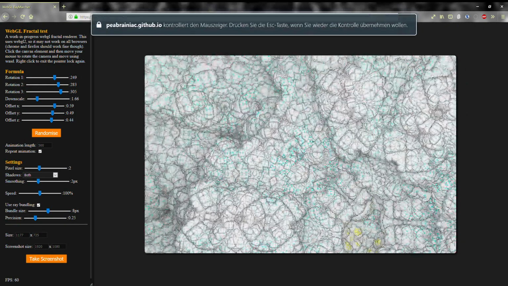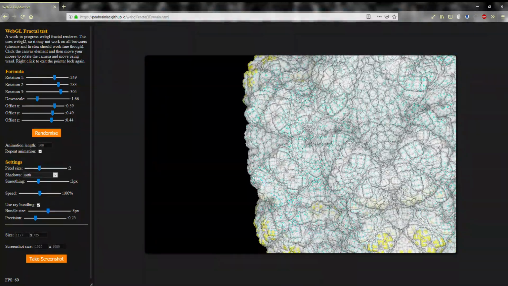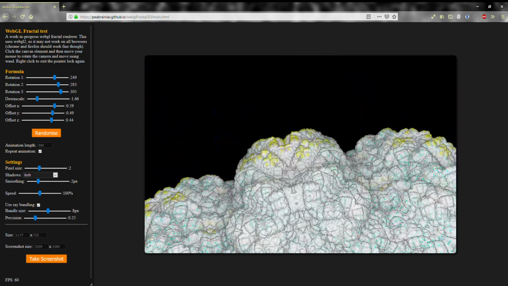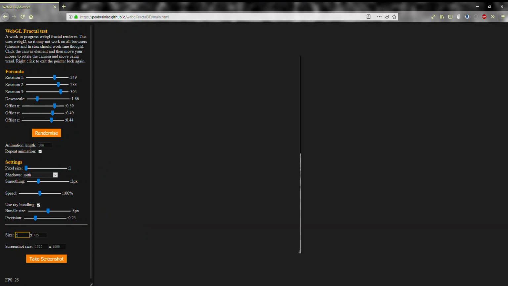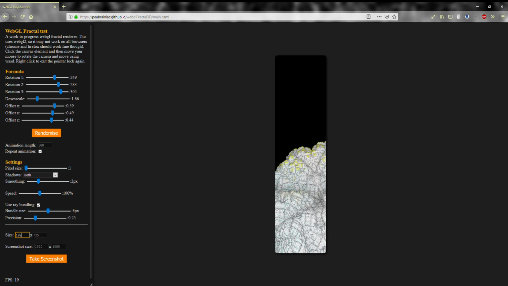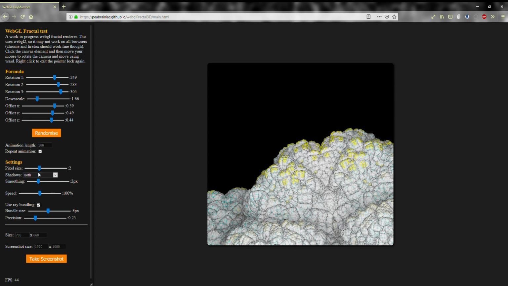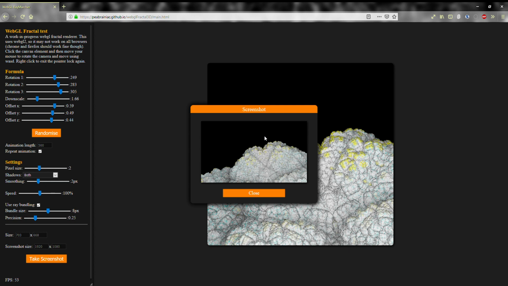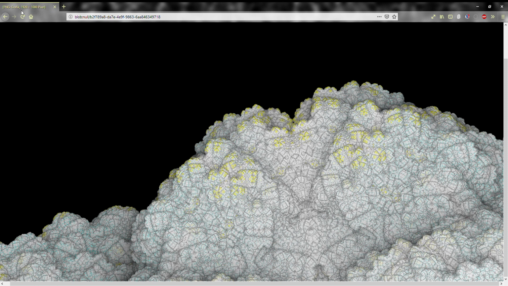By the way, in case you come across an interesting fractal and want to take a screenshot of it, I've also now implemented a proper screenshot tool. Where before you had to turn down the pixel size and then set the size of the screen to what you want and potentially zoom out because this window isn't large enough, you can now just enter the screenshot size, the image size you want down here, and hit the button take screenshot, and then that screenshot will open in a pop-up right here, so then you can just click on save image or just directly view the image in your browser, and yeah, that should work fine.